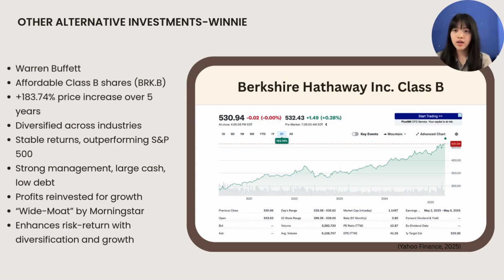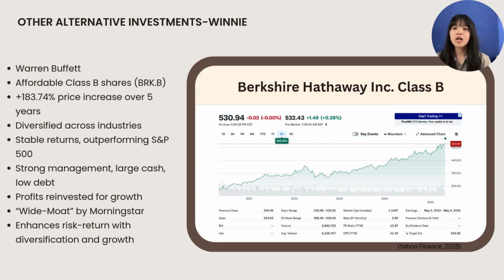Investing in Berkshire Hathaway enhances the risk-return trade-off through natural diversification, stable returns, strong management, and a reinvestment-focused strategy. Berkshire's holdings span multiple sectors, such as insurance, energy, manufacturing, and railroads, which help to reduce overall portfolio risk. Additionally, it has a proven track record of outperforming the S&P 500 during market downturns, offering defensive quality without starving